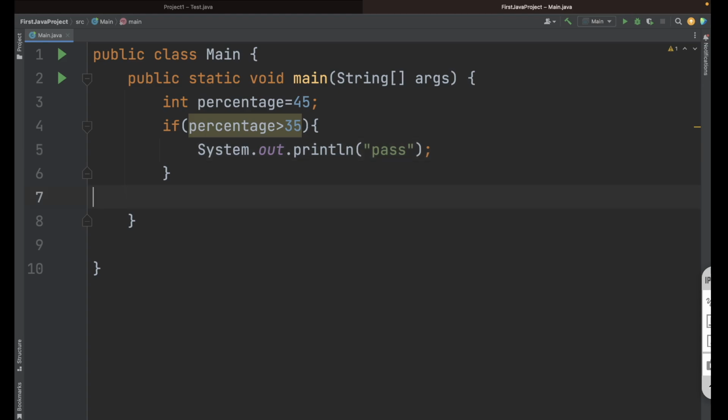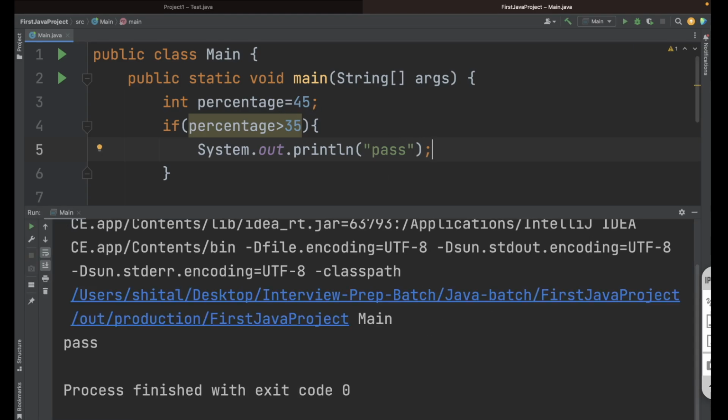If I save this, the percentage is 45, which is greater than 35, so it will come inside the if and print pass. Let's save and execute this, and you will see the result as a pass. Why? Because the percentage is greater than 35. See here, it is saying the student is passed.